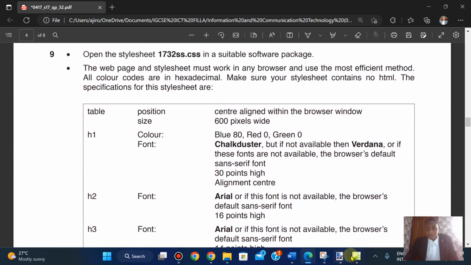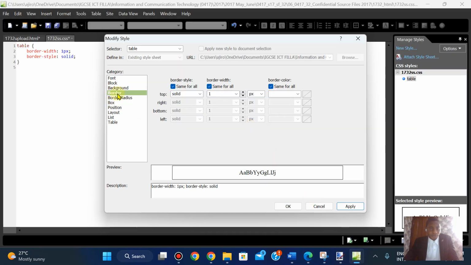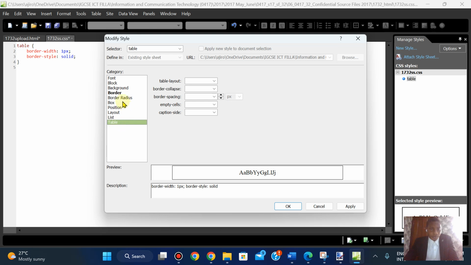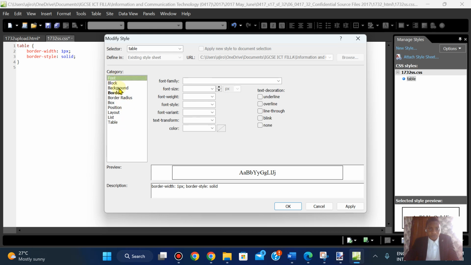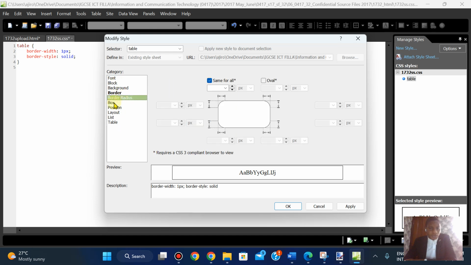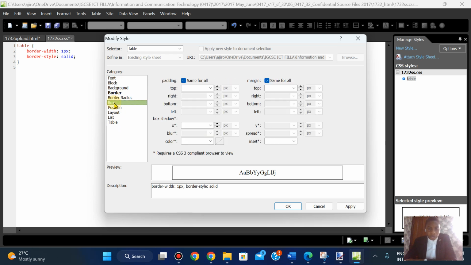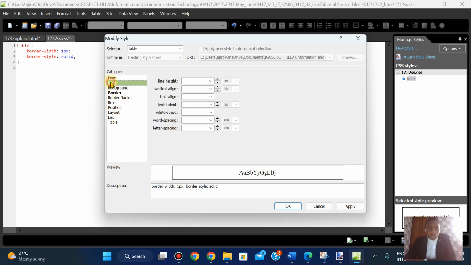The width. Okay, so I think that is not button switches. I think this is going to be block. No, block is for